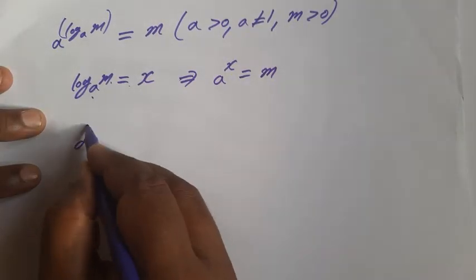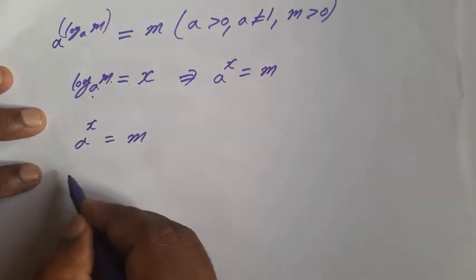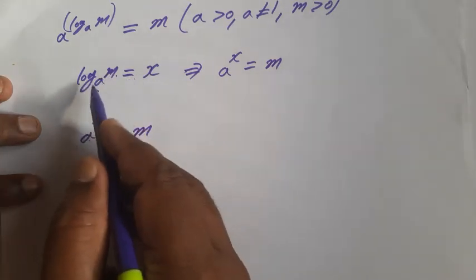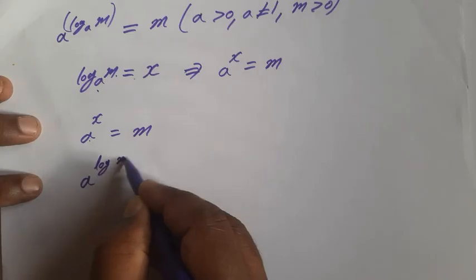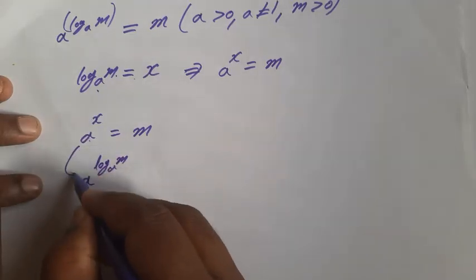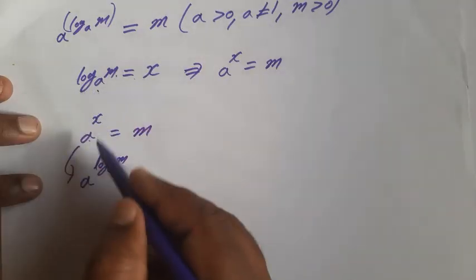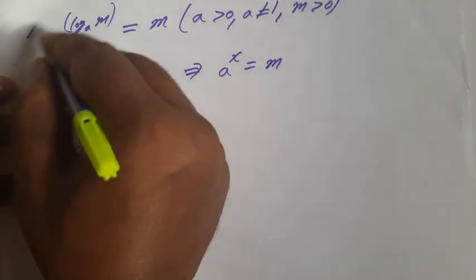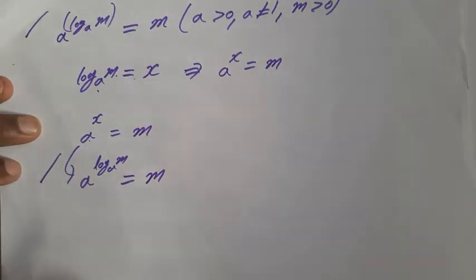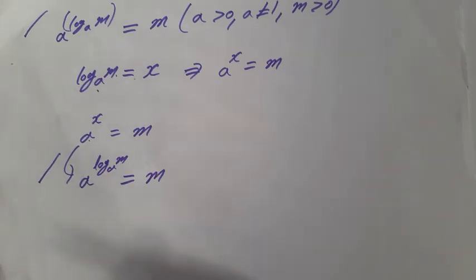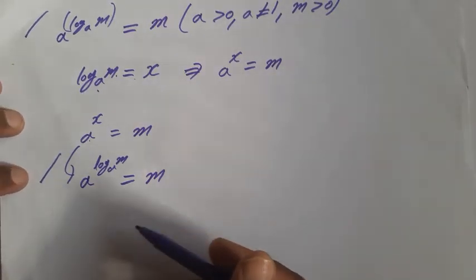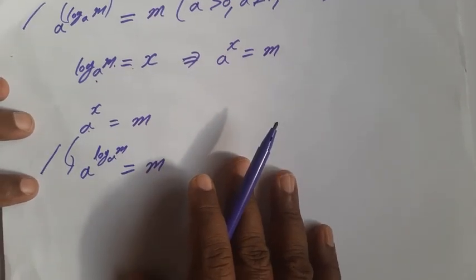Now take as it is, a to the power of x equals m. So a, write as it is. What is x? x equals log m base a, you told, right? So a to the power of x equals a to the power of log m base a, which equals m. See, this and this, correct or not? Yeah. So this is the main rule. Okay, you can note this in your formula book and go through it once or twice, you will get some idea.